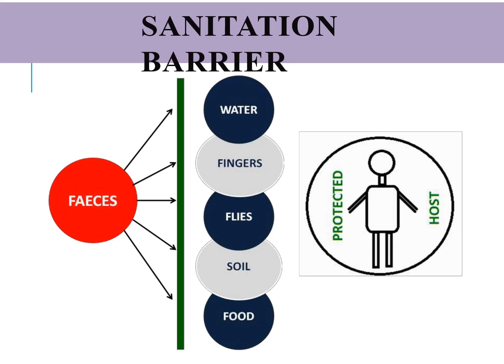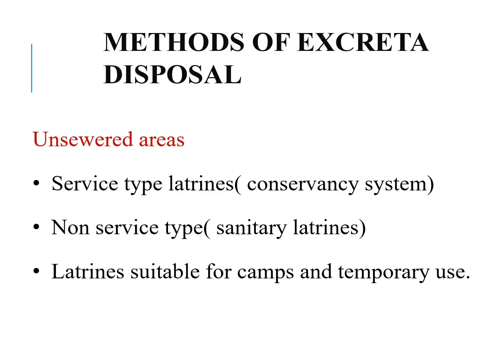Soil and food and low protected hose. So what is this sanitation barrier? Toilets are, in terms, called the sanitation barrier. But what were the methods of excreta disposal? Sorry,